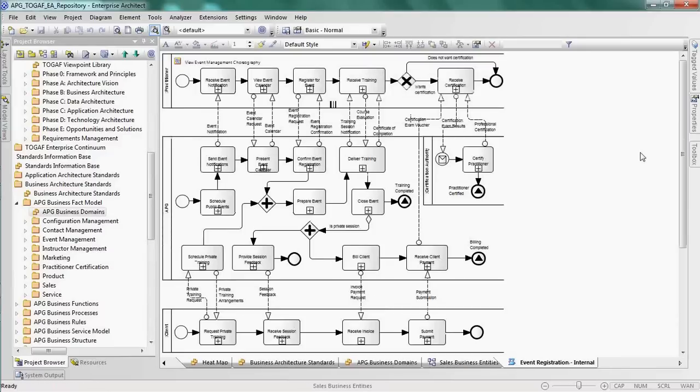And so this diagram here is really a very high-level process map that's showing how a bunch of processes interact with one another, based on this really being a collaboration between three different participants. The practitioner who is interested in, for example, receiving training or registering for an event, clients that support that through special requests and potentially payment for for-profit activities, and then how APG in the middle fulfills those things by a